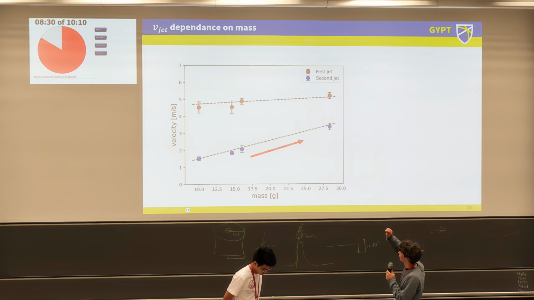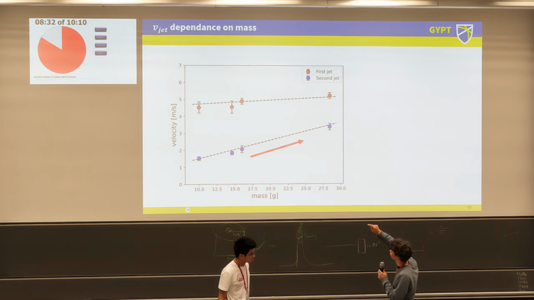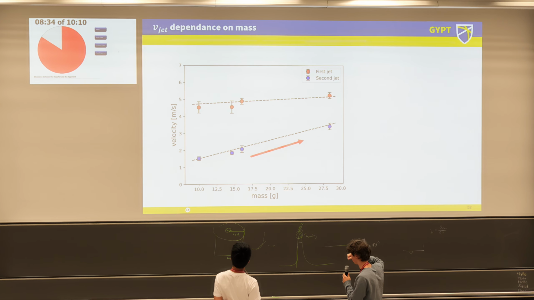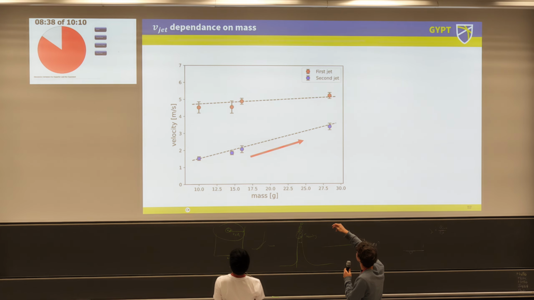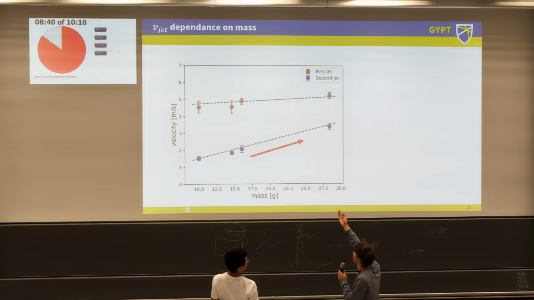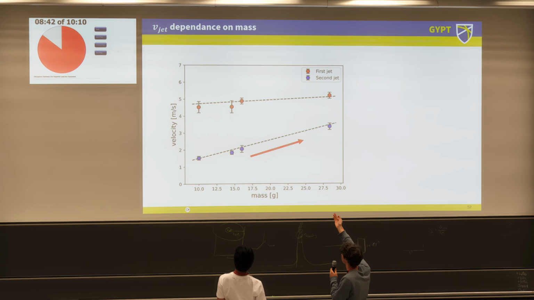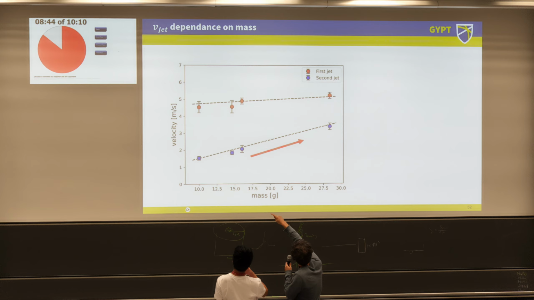Just to make it clear again, I don't think the mass has any effect for the first jet, because the deceleration has no effect on the first jet. For that reason, I think this could also be just experimental error, so it's almost perfectly straight. And it's less than 0.5 increase by increasing the mass by 3 times. Okay, so